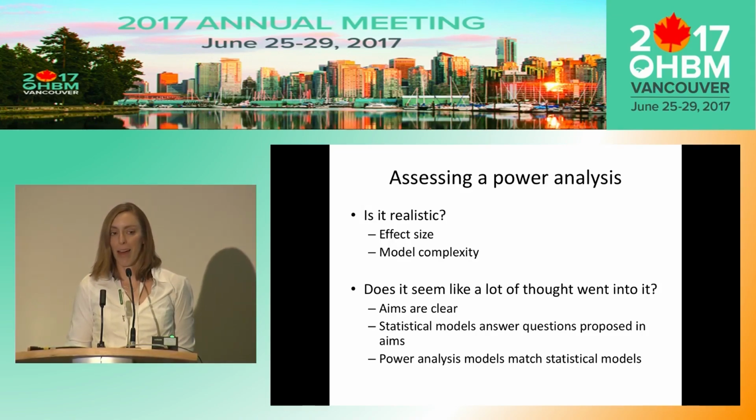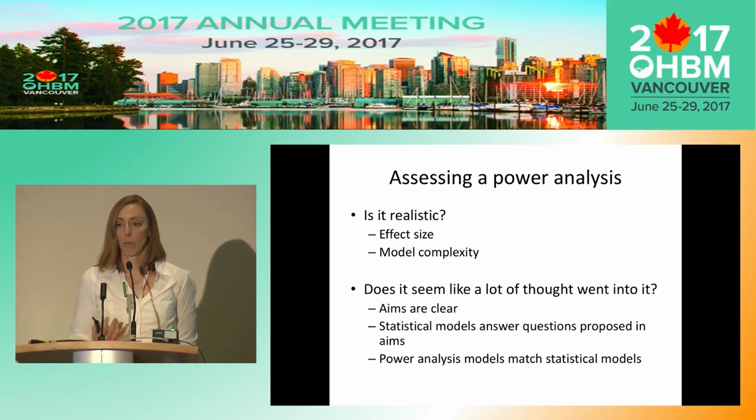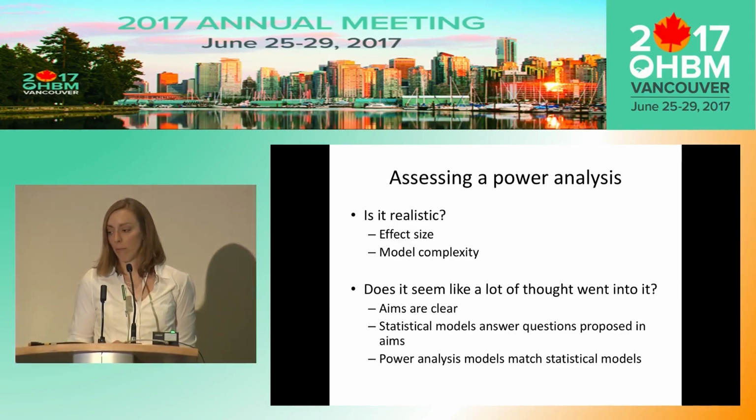And the hardest part about that is you have to know what the effect size is. Nobody knows the effect size. When I worked with pulmonary surgeons, I could easily say, well, what's the worst decrease in quality of life that you would hate to miss? And they could give me a number. And we can't really do that with fMRI with BOLD activation, because we don't know what the range of that number is, or even how to define it sometimes.